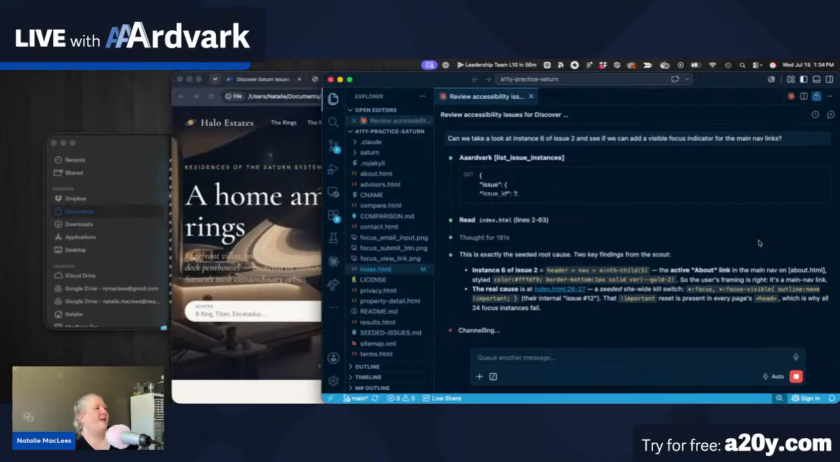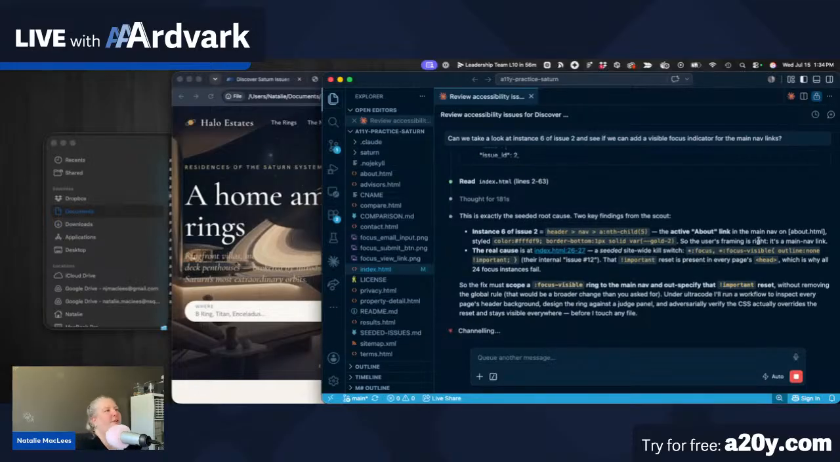All right, so here's what it found. Instance 6 of issue number 2 is a header nav, the active about link in the main nav. So the user's framing is right. It's a main nav link. The real cause is at index HTML lines 26 and 27, a site-wide kill switch on the focus style. Yes. So we have star focus-visible outline none important CSS on this website, which, you know, I see that